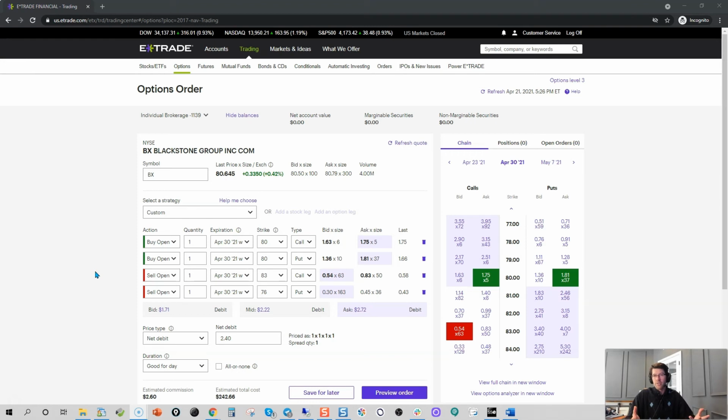Also with margin. Okay, with margin, it's great because you can control more assets than you actually have with your own capital, which is nice. And also with options, a lot of traders, they don't realize this because maybe they're inexperienced with options, but if you are taking trading education, you should be able to apply for like a level 3 or level 4 options permission. And that will allow you to do what I just did, setting up those custom strategies, doing multi-leg option trades,